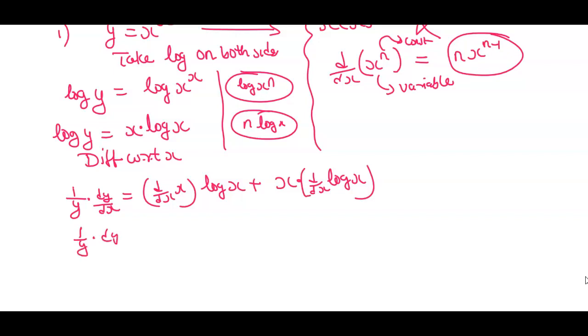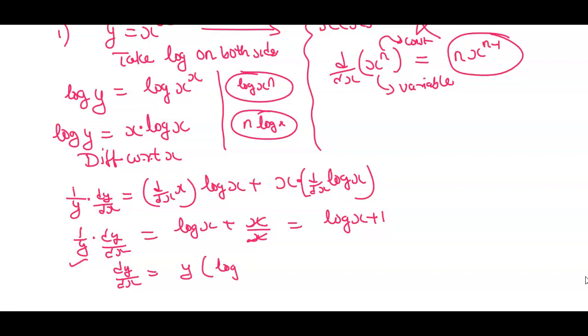One by y dy by dx is, derivative of x is 1, it is log x plus 1. Now I am going to shift this y to other side. Now since the question was in terms of x, finally the answer has to be in terms of x only. It has to be like x to the power x